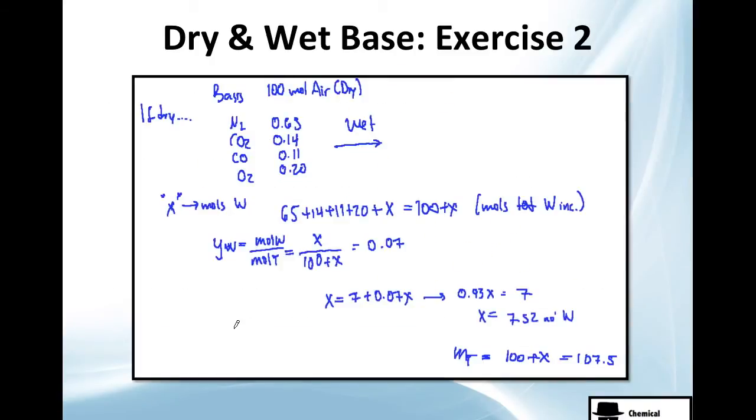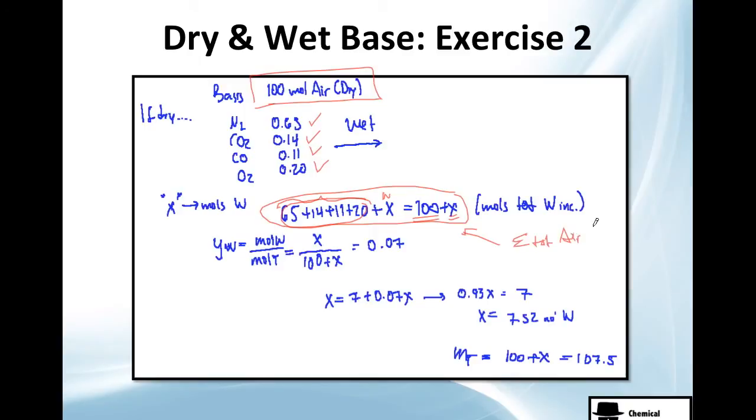So let's choose a basis of 100 moles of dry gas. We have this, and this. If we want to check a wet basis, we're going to have this equation: the total moles on a wet basis will be all the moles in the dry gas plus the water. We know all the dry gas is 100, and we use X for the water, so this is the total amount